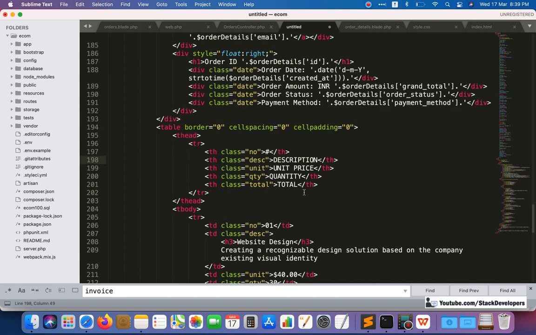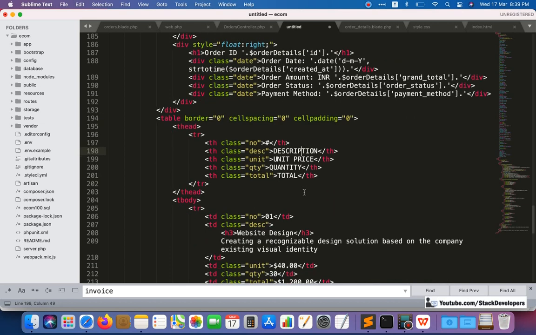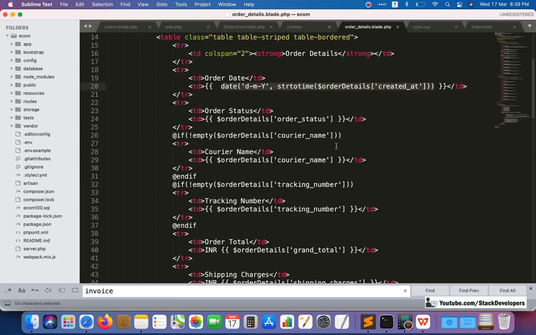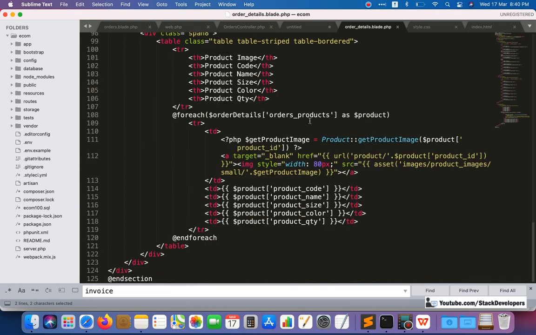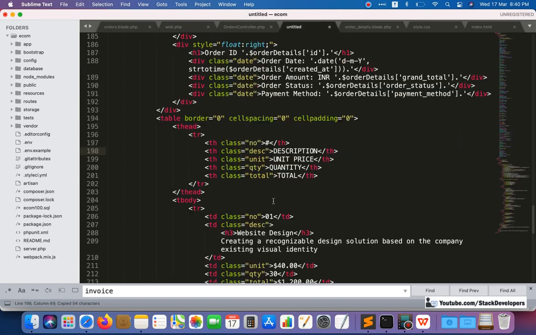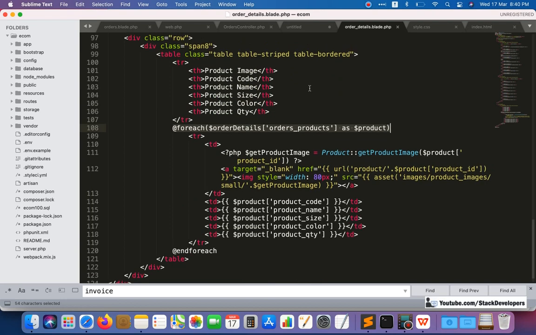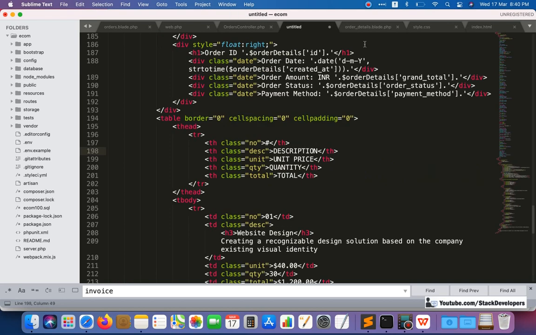Okay, so let's come here, and here now we need to add the for each loop in the same way like we used to do for our pages. This is the for each loop we need to give. Okay, so we can give the same way for each order details, order product. But before that, we are going to give this one: product code, product name, site, color, quantity. Okay, so this one we are going to give here,